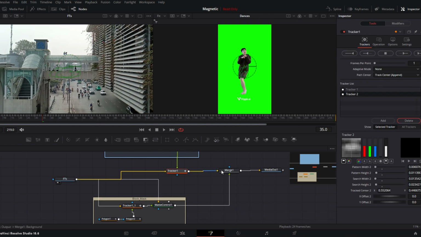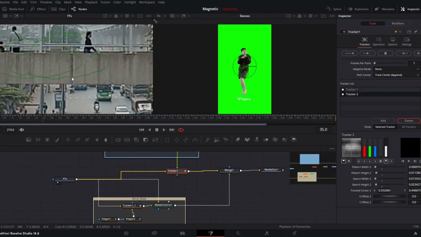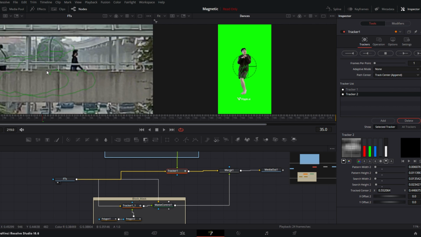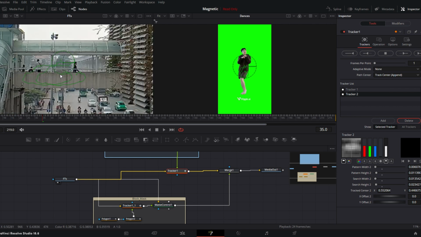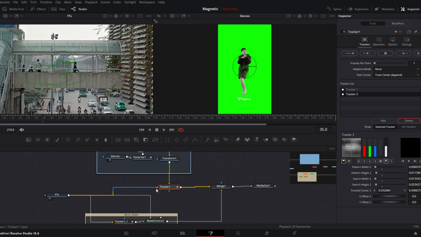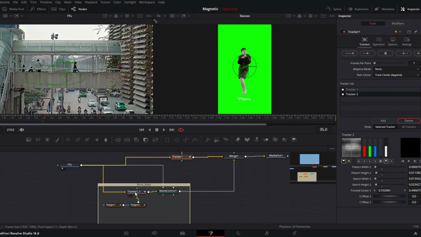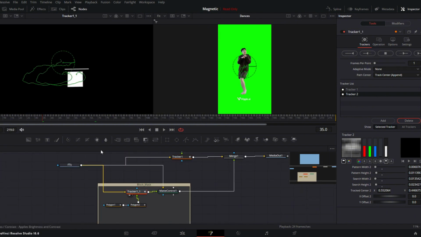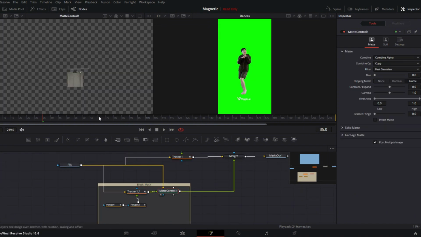I use the tracker node to track the background using 2-point tracking, tracking the rail hole concrete on the second floor. To parent myself to that, I merge it on top of it. I create 2 masks using 2 polygons and use the Matte Control node to merge it on top of the